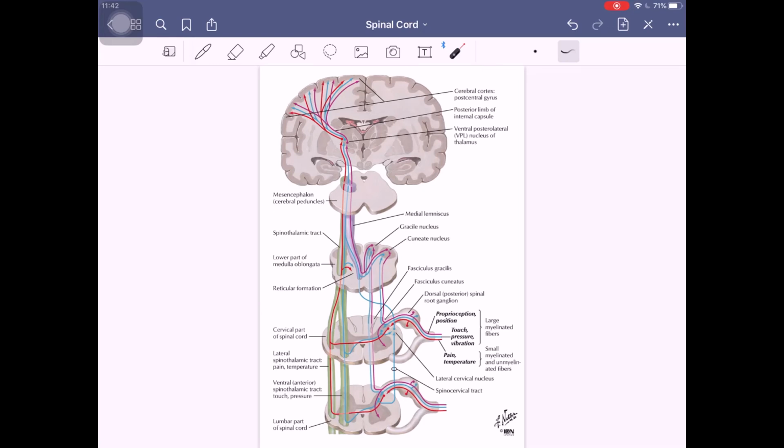Now this is again the same Netter image. In this case our tract is now the purple tract here. Can you see the purple here? That's purple, so this one is coming from your lumbar region. Lumbar region means which tract? It is your gracilis or cuneatus. From lumbar, G for gait, so lower limb. So this is your gracilis tract, which is your purple color, which is coming from the posterior column,